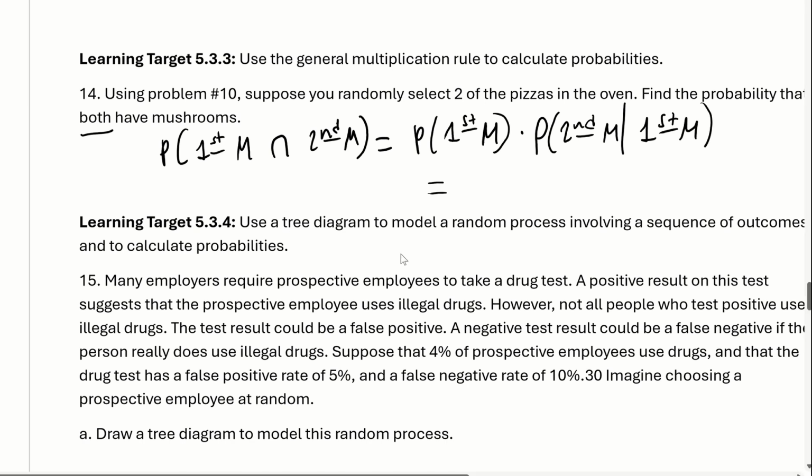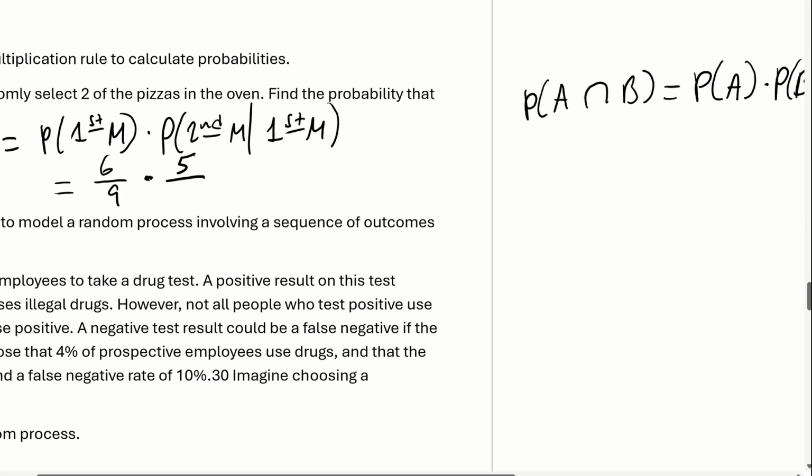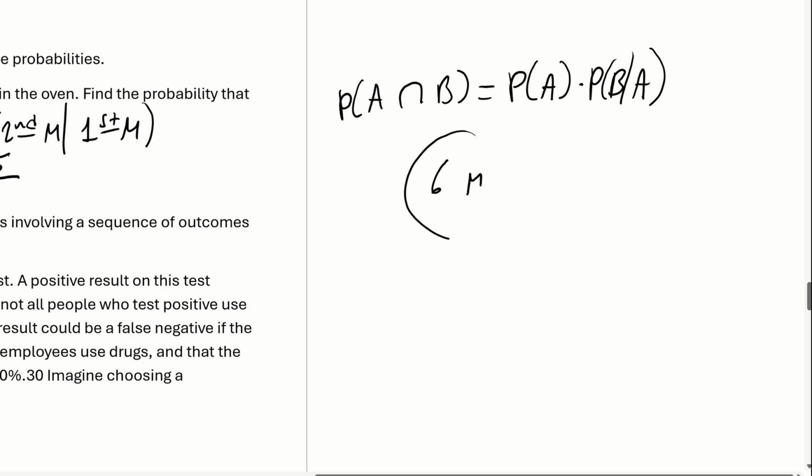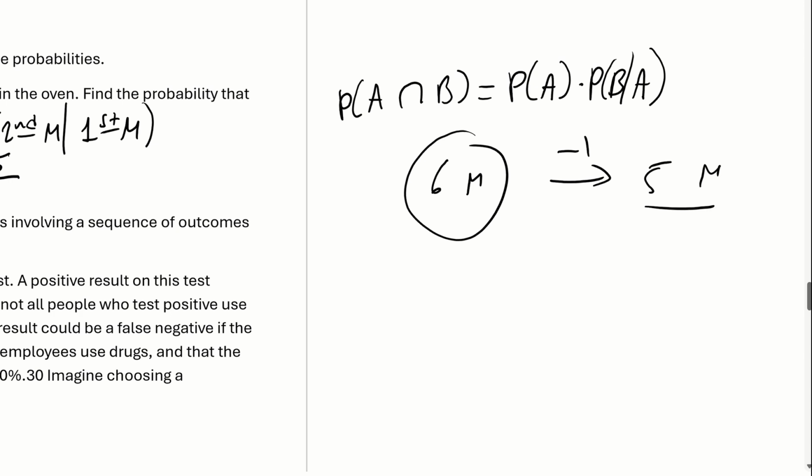Well, what's the probability of getting mushroom? The probability of getting the first one mushroom is 6 out of 9, right? And then the probability that the second one is a mushroom, given that the first one is a mushroom: if we pick one mushroom and we had 6 mushrooms, how many do we have left? We have 5 mushrooms left, right? So I selected one of them, now I got 5 left, so the odds of selecting another mushroom is 5 out of